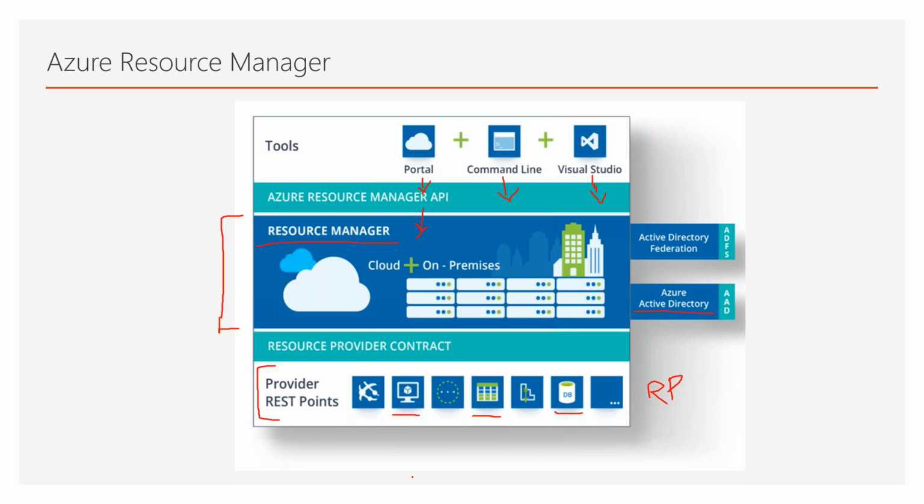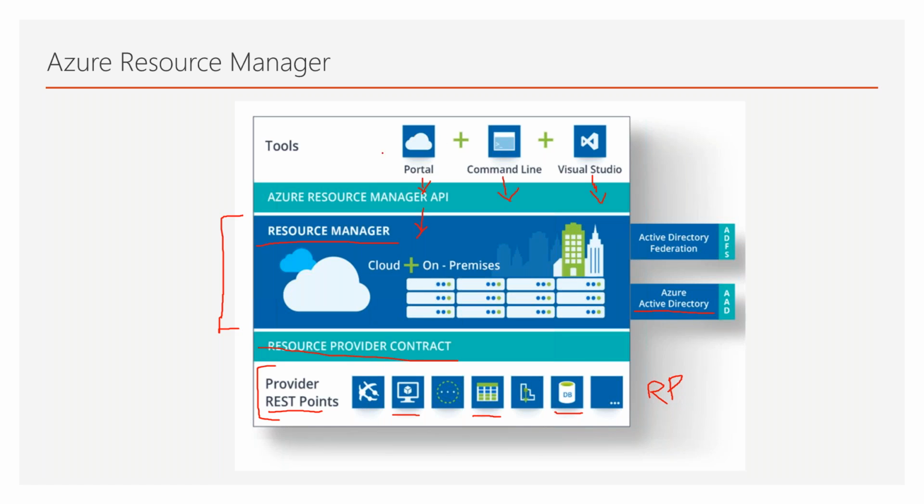Okay, so what will they do? They will go ahead and publish that VM as a REST point, which means, if you know about REST APIs, that's fine. If you don't, don't worry about it. But what they do is they go ahead and publish a newer version with this resource provider contract. So they will register their newer version with the resource provider contract.